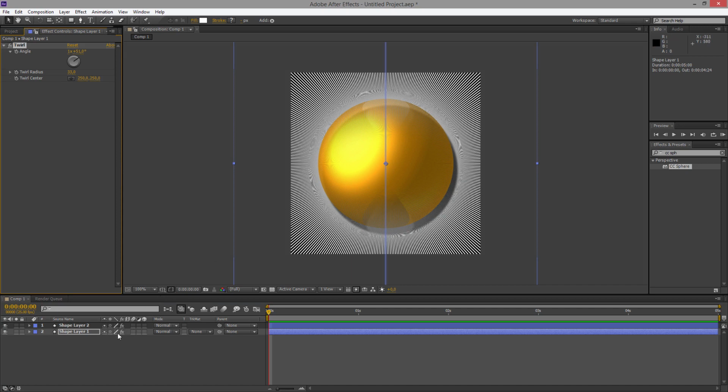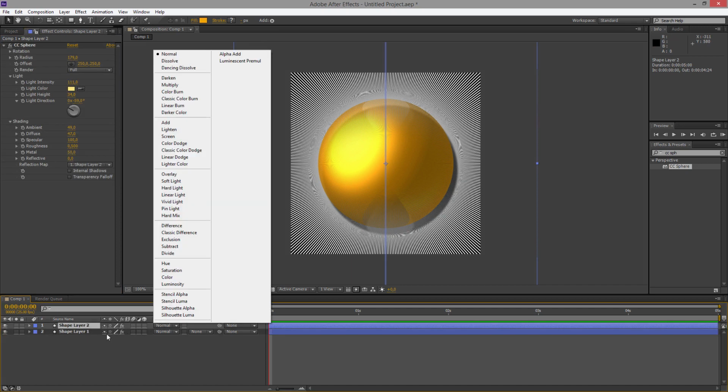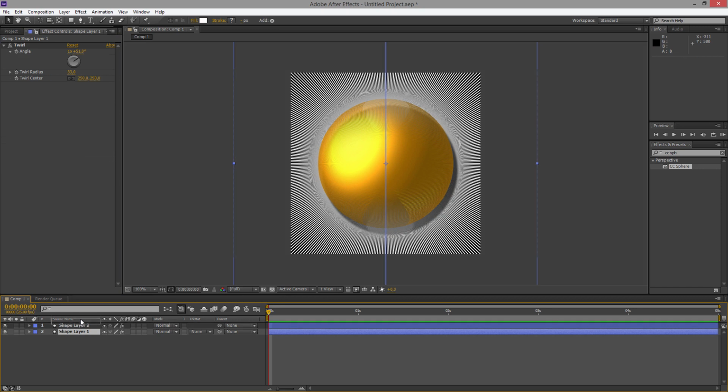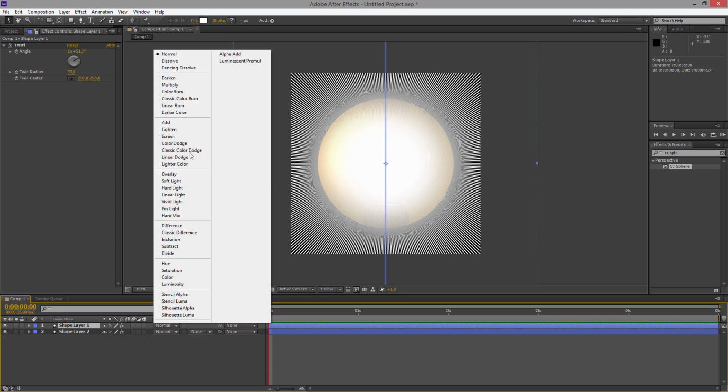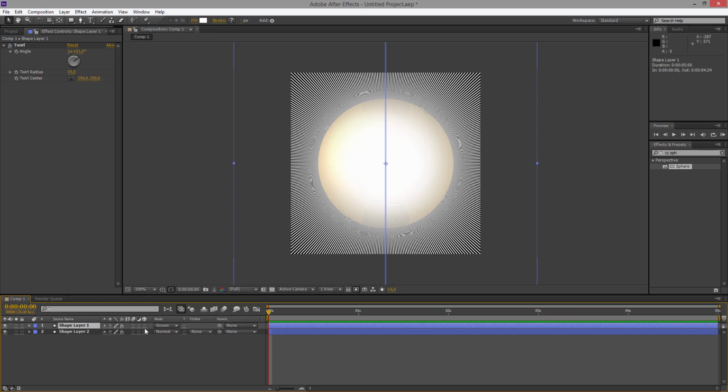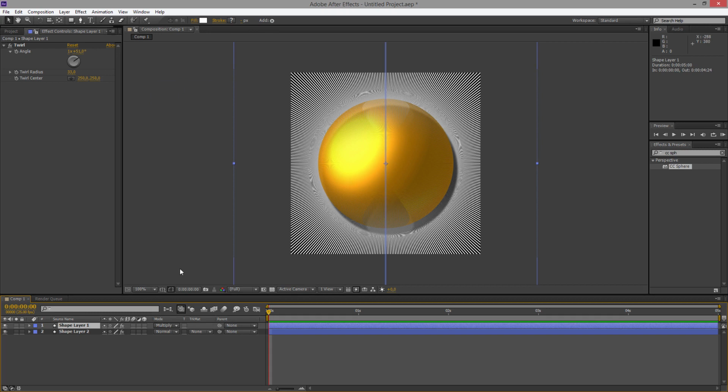Okay, it's around the sphere, so you can play with it or put the layer on top of the sphere, inverse, and maybe now put it on a screen. No, multiply, yes, multiply, and if we make it stronger, okay, we don't have that much effect, but you can see more distortion, etc. So it's an effect.